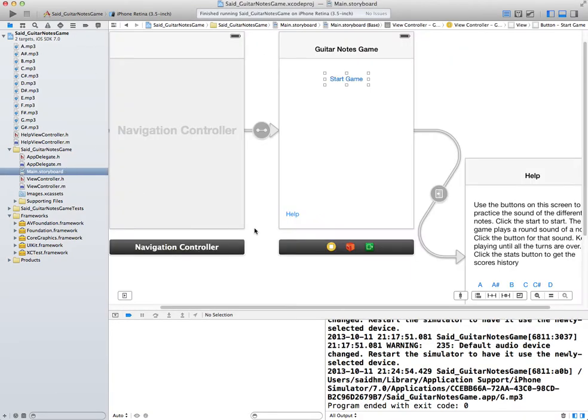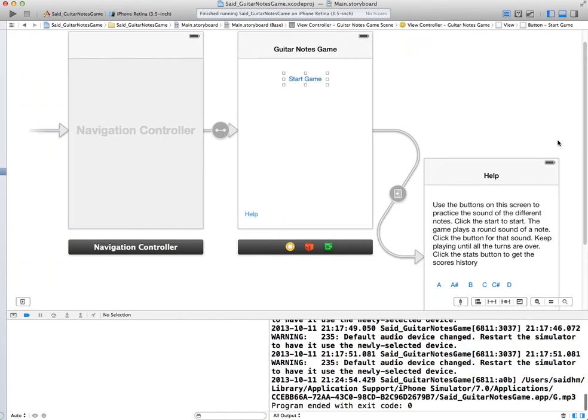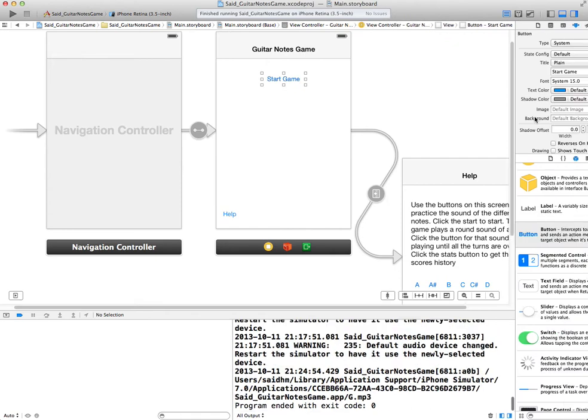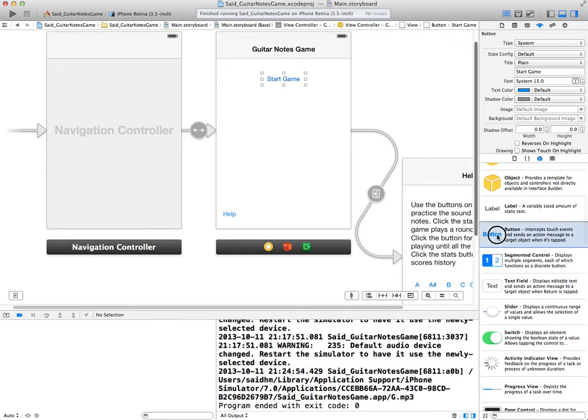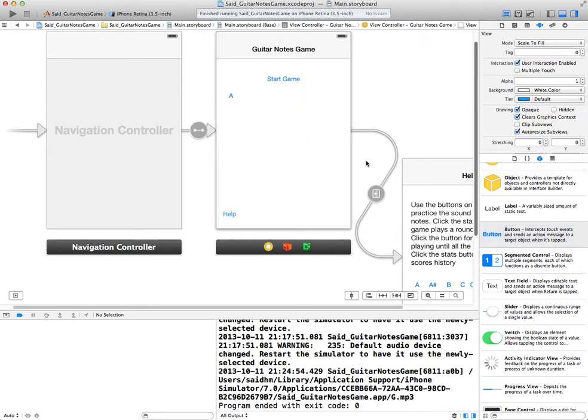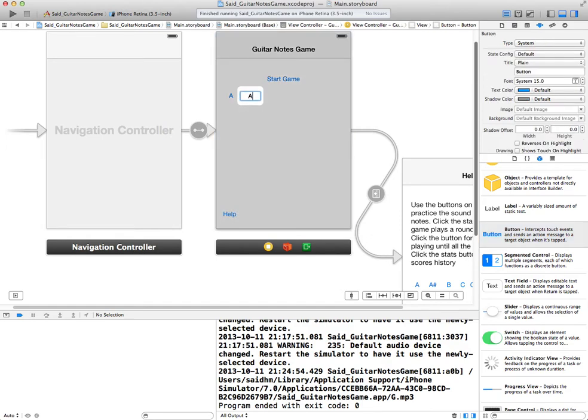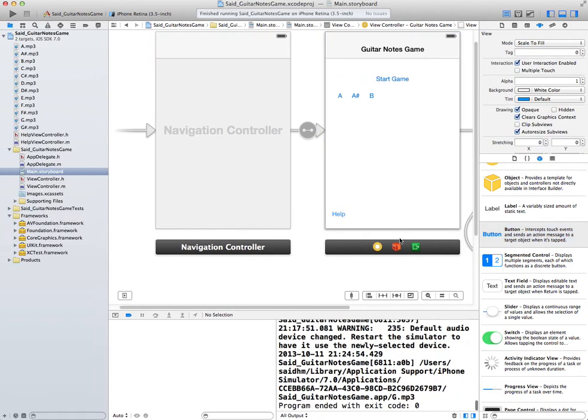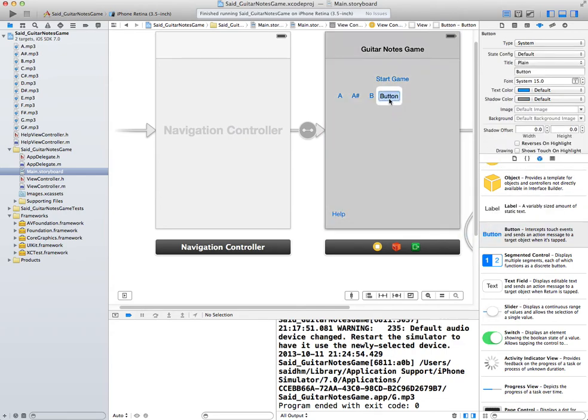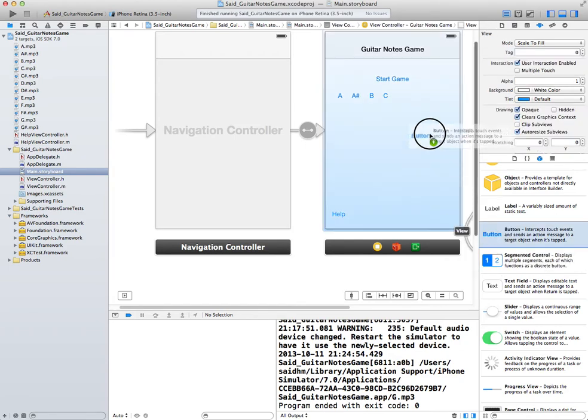If we bring our storyboard, and I'm going to make some room for myself here and bring in the utility area, I need to add the different buttons. So I'm going to add them here. So this is button number 1, A, and then I'm going to add a button for each of the files that I have. So I have A sharp and another button here. I think that's B, and maybe I need to bring the file name so I can have buttons for each one of the files. B, C, and